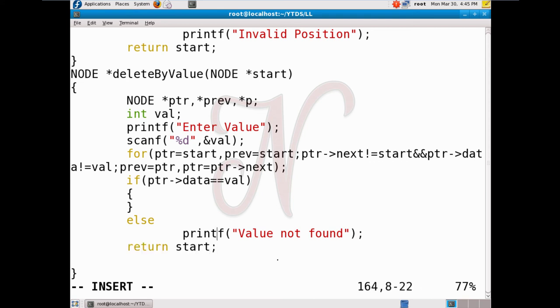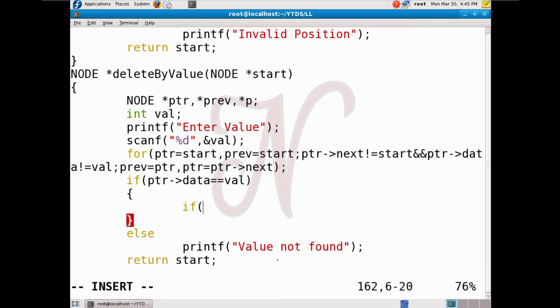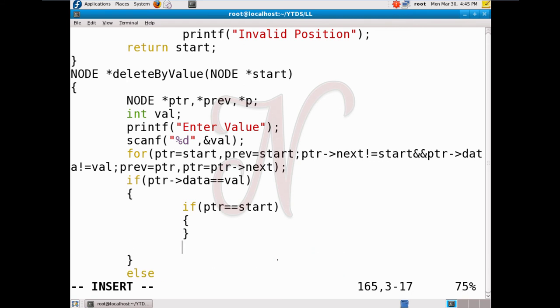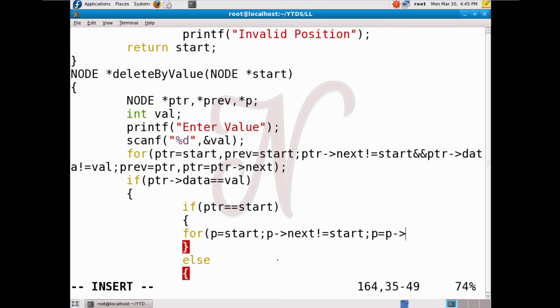Inside if there is one more if. Here we check ptr is equal to start, true, which means that you delete the first node. Here we find the last node by using the p variable. So p equal to start, then p of next is not equal to start, and p equal to p of next.